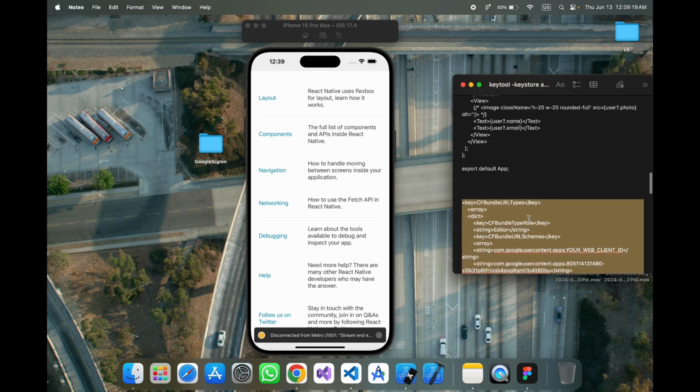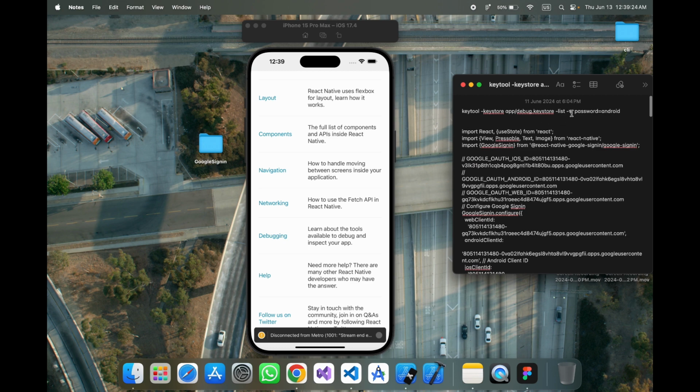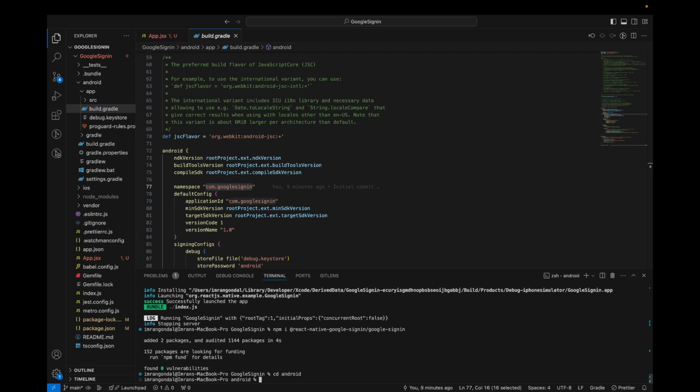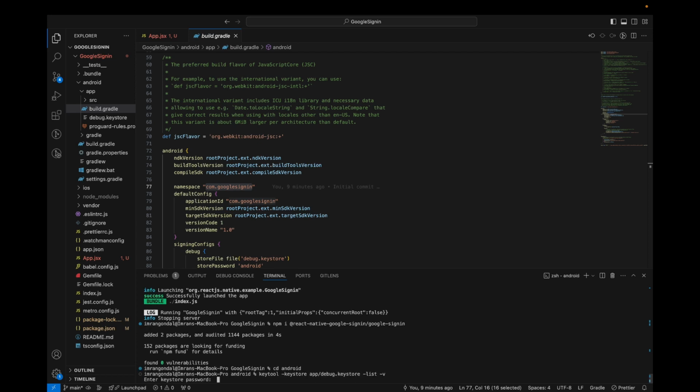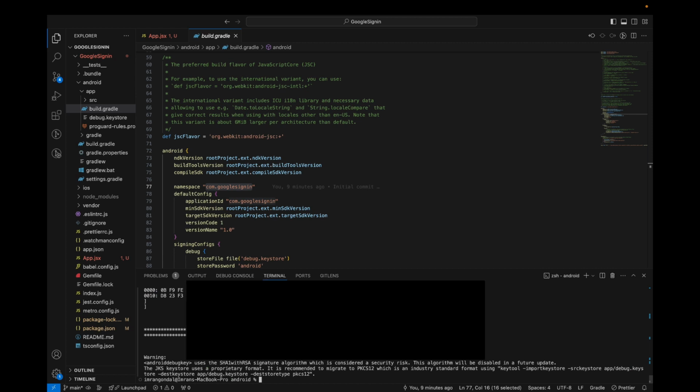You have to copy this command I'm going to provide in the description, and go to the Android folder and paste this command. For the password you simply have to write android. I repeat, for the password you simply have to write android, and it will give you the SHA1 key